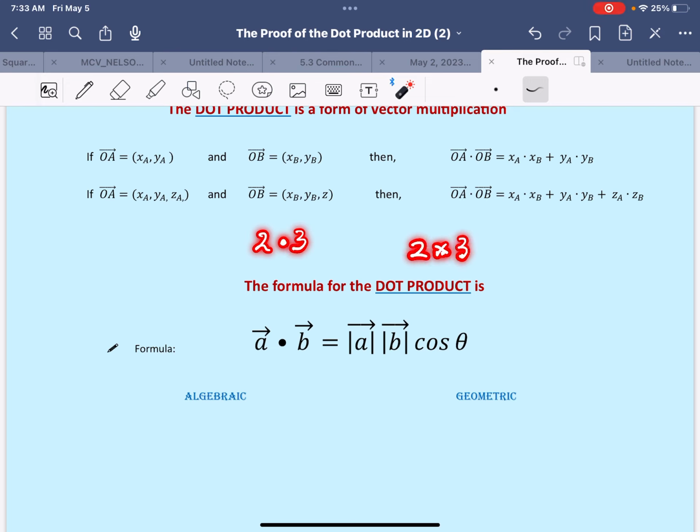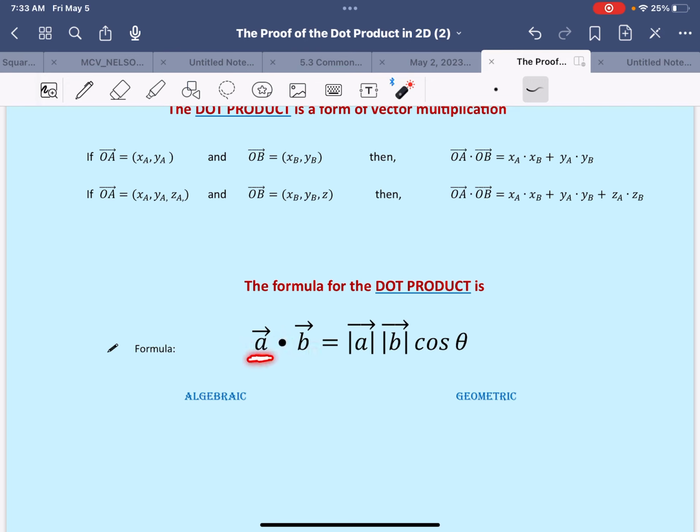And to distinguish the two different ways of multiplying two vectors, we use the dot for the product that we are going over today, and we use the cross for what we call the cross multiplication, which we will discuss in future lessons. So dot product, and that's exactly what we call it based on the symbol that we use to describe the multiplication,